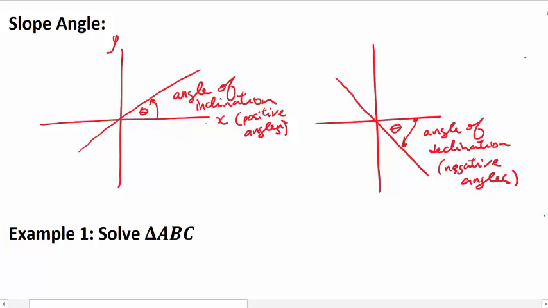Now if you think about it, this is 0 degrees, this is 90 degrees, this is 180 degrees, and this is 270 degrees. And back here we get the 360. So here this is more like 30 some degrees. Okay,